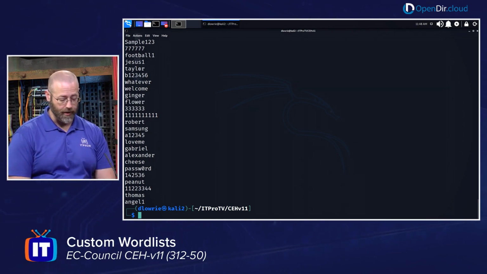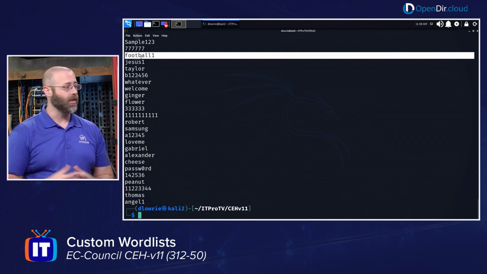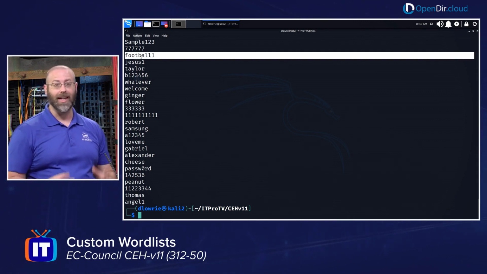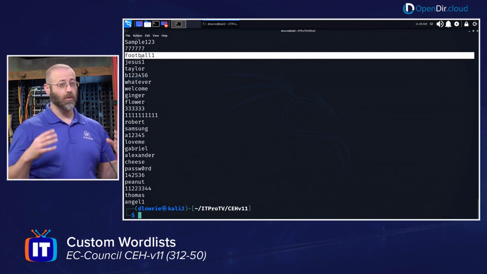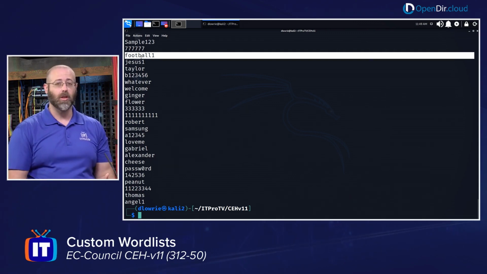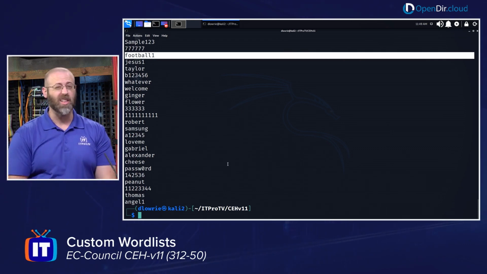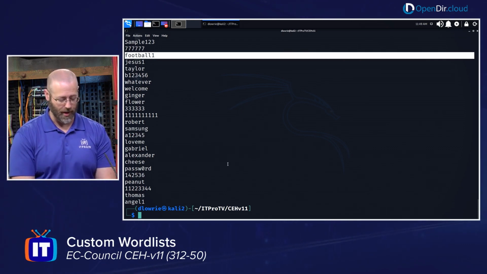Some of them are words. We got Taylor, football one. You can see it's also an amalgamation of different types of character sets, and that's fine. Again, going back to whatever's on one line is considered a word per se, but that's what a standard word list would look like. Probably the most utilized one, and the most well-known, most infamous even, we'll use that terminology, is